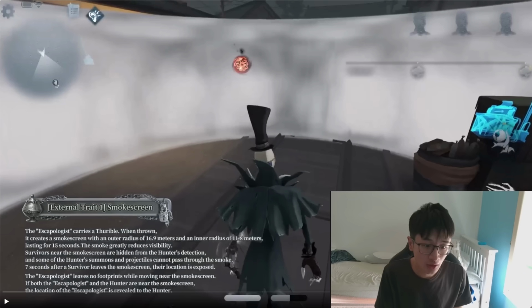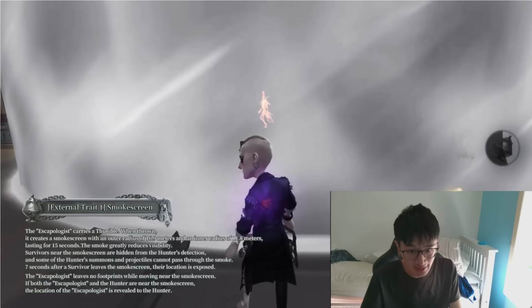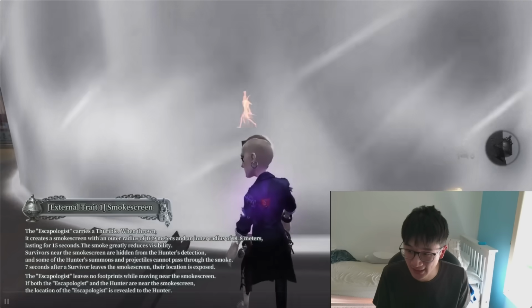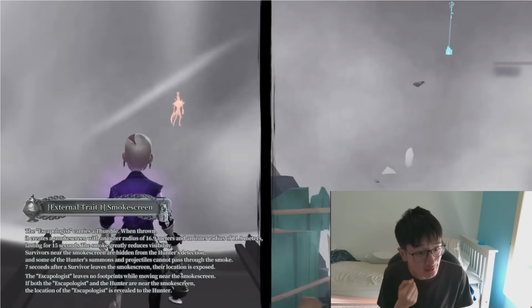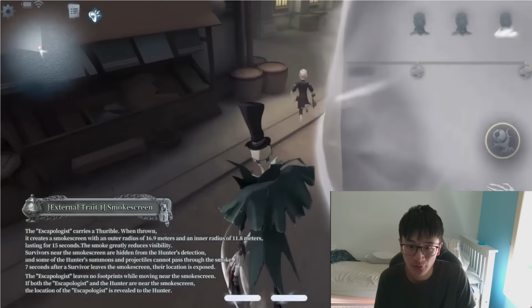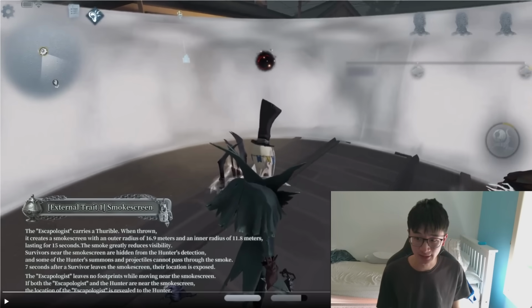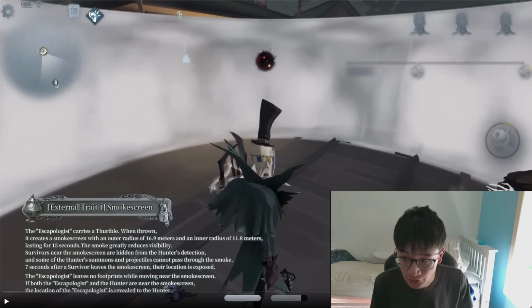Now, depending on what the devs decide to do here, if you can throw down a 15-second smoke screen and get another 15-second smoke screen back in 15 seconds, I don't think that's necessarily fair. It's not good for chip hunters overall, and for hunters as well. But more or less, this ability is good for Escapologists when it comes to